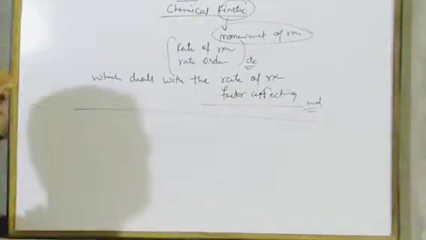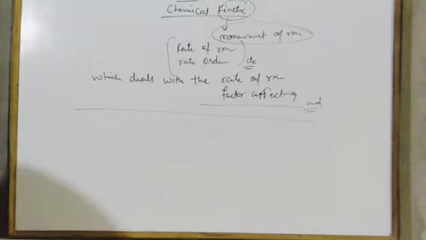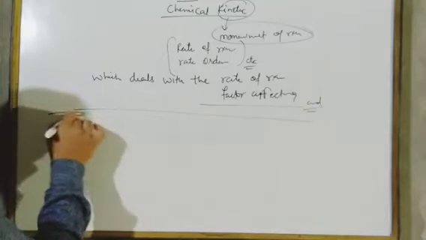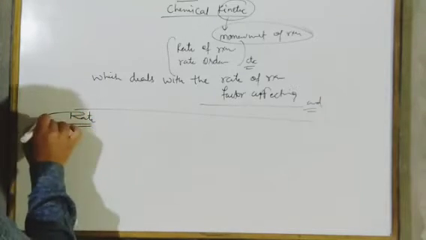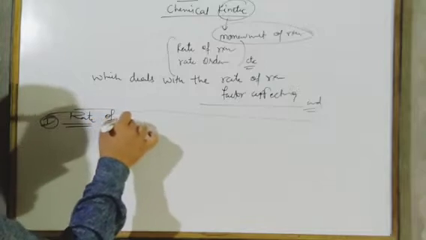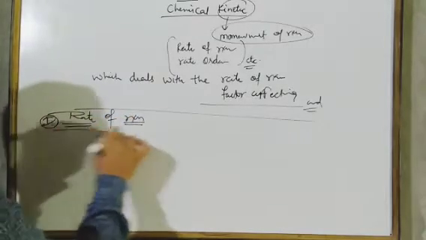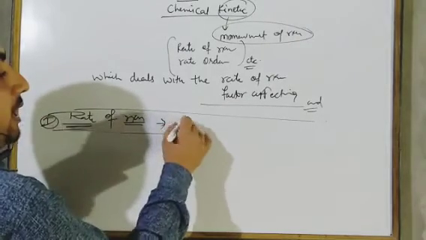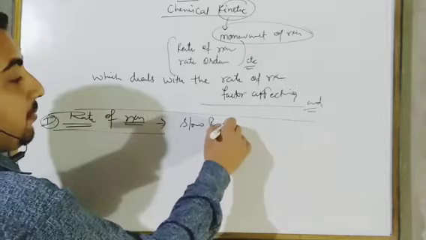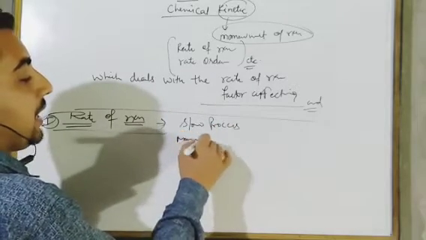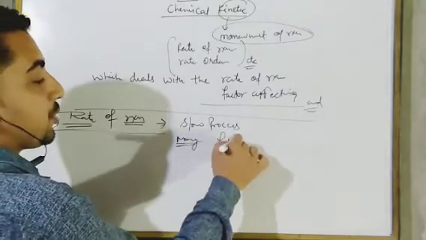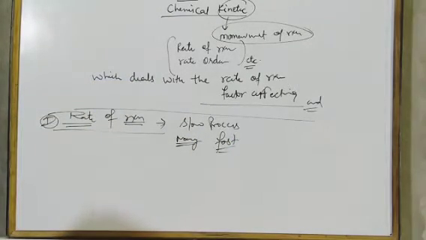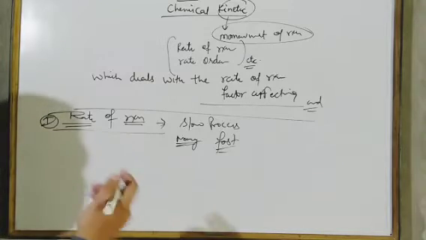So let's start this topic, chemical kinetics, with the rate of reaction. Our first topic is rate of reaction. You have studied earlier that many reactions occur in a slow process and many reactions complete in a fast process. It means बहुत सारी रिएक्शन ऐसी है जो बहुत जल्दी हो जाती है और बहुत सी रिएक्शन ऐसी है जो बहुत स्लो होती है।